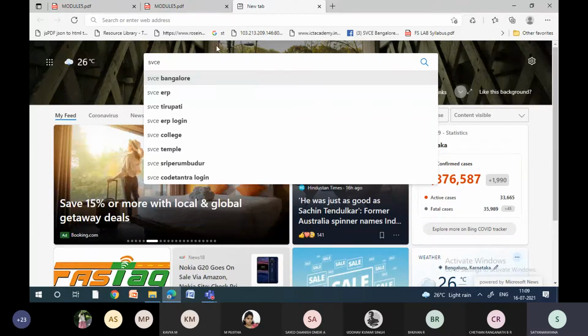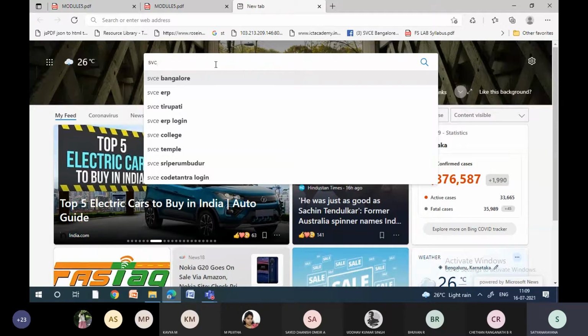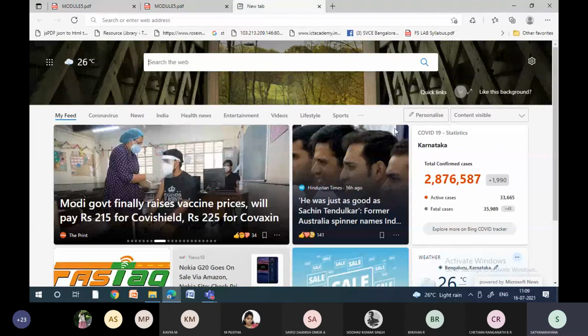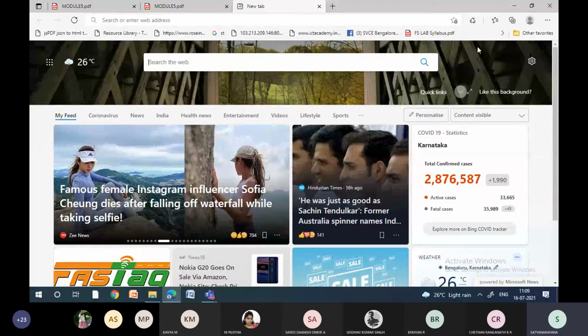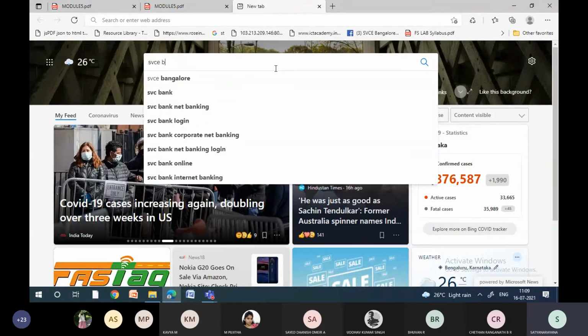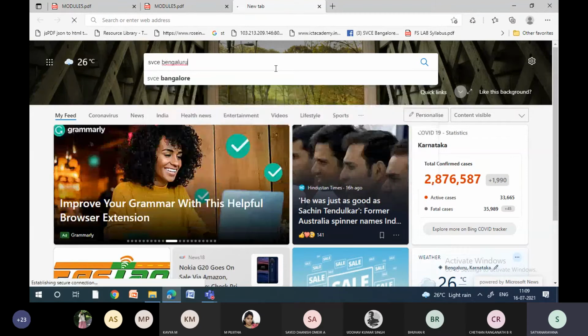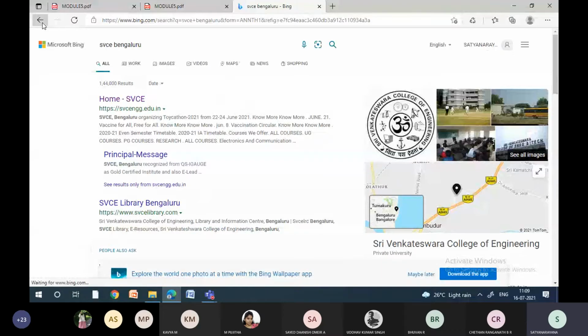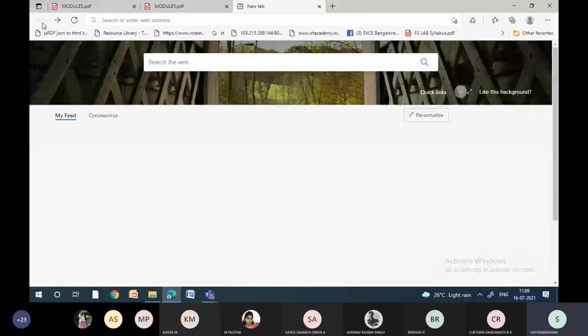View is how exactly it is placed: whether we have placed it in a proper position, whether the size is correct, what color we are using. Control is, if I type something to search here, say for example SYCE Bengaluru, whether it is responding to my request or not. So that is model view control.